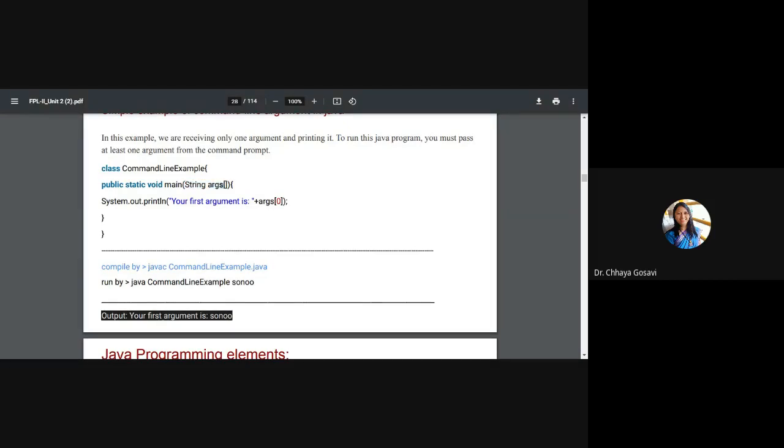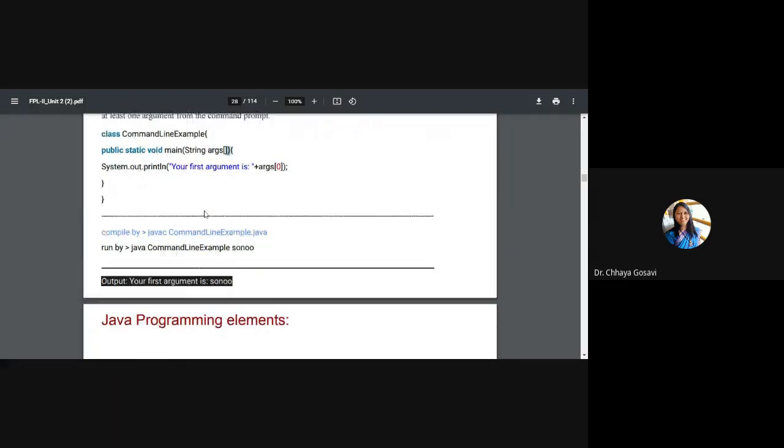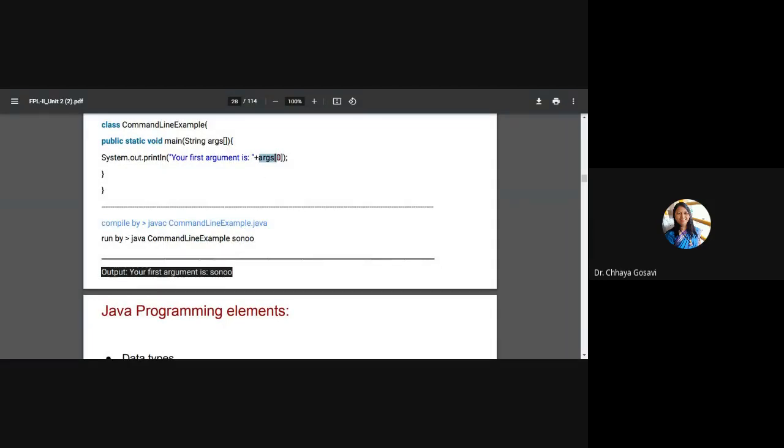It's just a variable name, but the standard books have used ARGS because arguments. You can put these square brackets before ARGS or after ARGS. That doesn't make any difference. This is the syntax of array in Java. You can put these square brackets after the data type or after the variable. And you can print it like this.